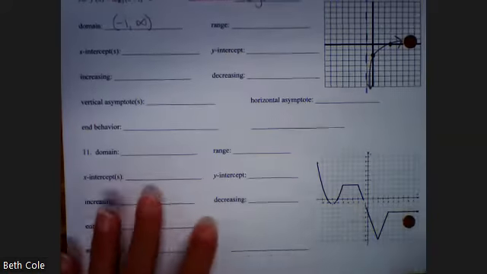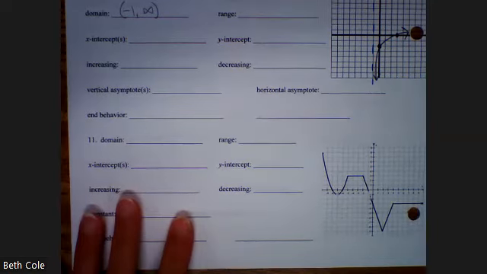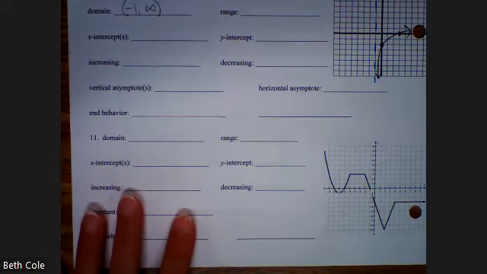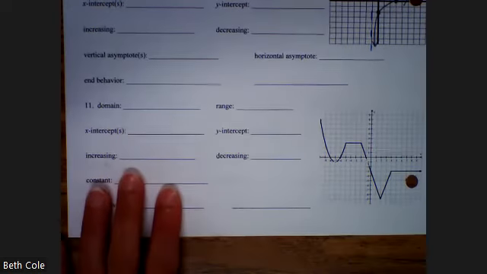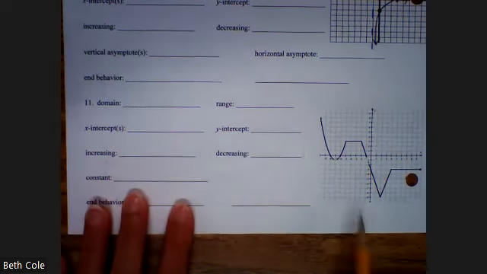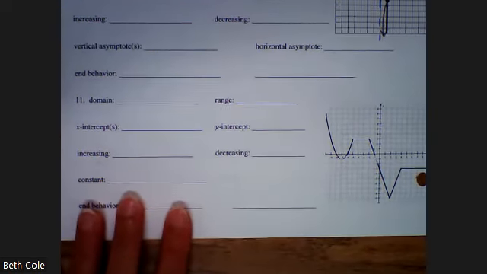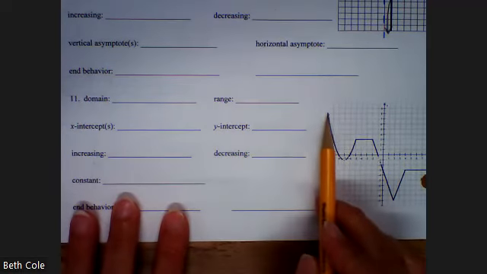All right, and then we'll just do a couple of these. Let's do the increasing, decreasing, and end behavior for this one. Okay, let's do increasing, decreasing, constant for this one because it's going to be kind of a lot. I will point to it. Just stick with me. We're going to read left to right. What is it doing